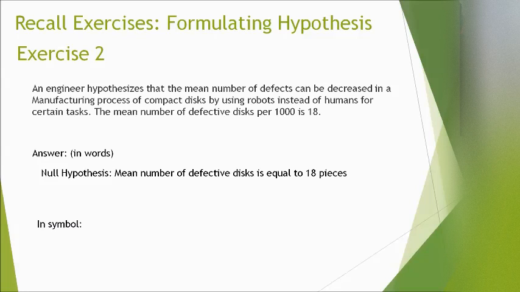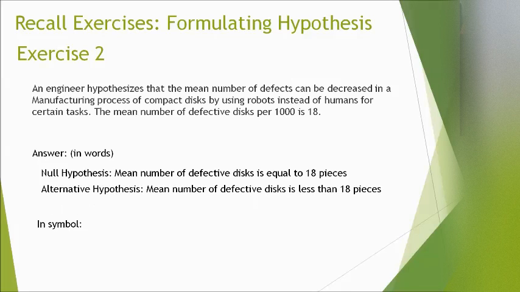hypothesis. Mean number of defective discs is equal to 18 pieces. Again, we use the word equal because this is null. Next, for the alternative hypothesis. So alternative hypothesis, the mean number of defective discs is less than. Since the keyword from the problem is decrease, we're going to use the synonym which is less than 18